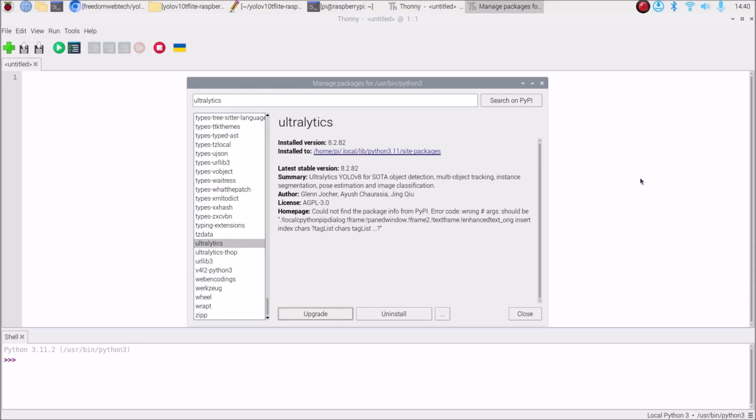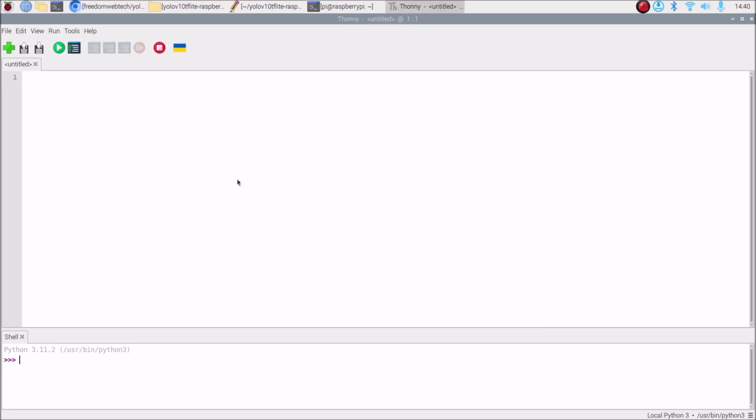But there is an error for Ultralytics on the latest Bookworm 64-bit version OS. So let's first solve the error for Ultralytics. Let me close the tools window. Here, if you try to import YOLO from Ultralytics, let's mention from Ultralytics we are going to call our YOLO. So import YOLO. If I hit enter,